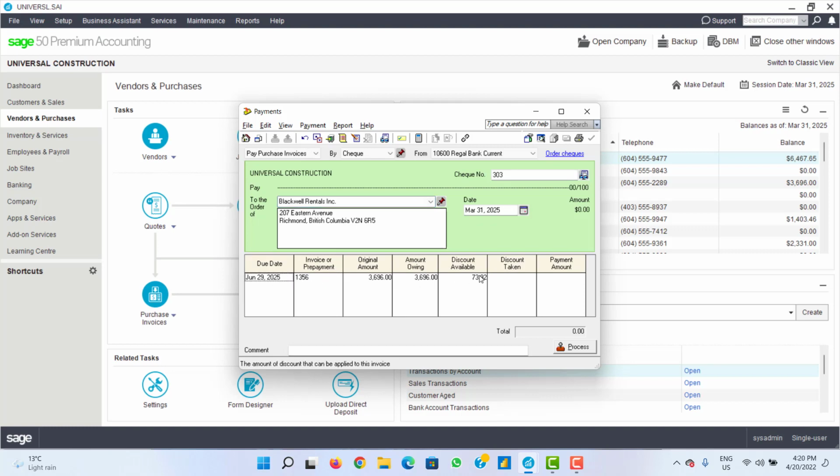Now you see the amount, $3,696, Blackwall Rentals. And when I just click on process, that means that I have made a payment to this company. But before I make the payment, I should